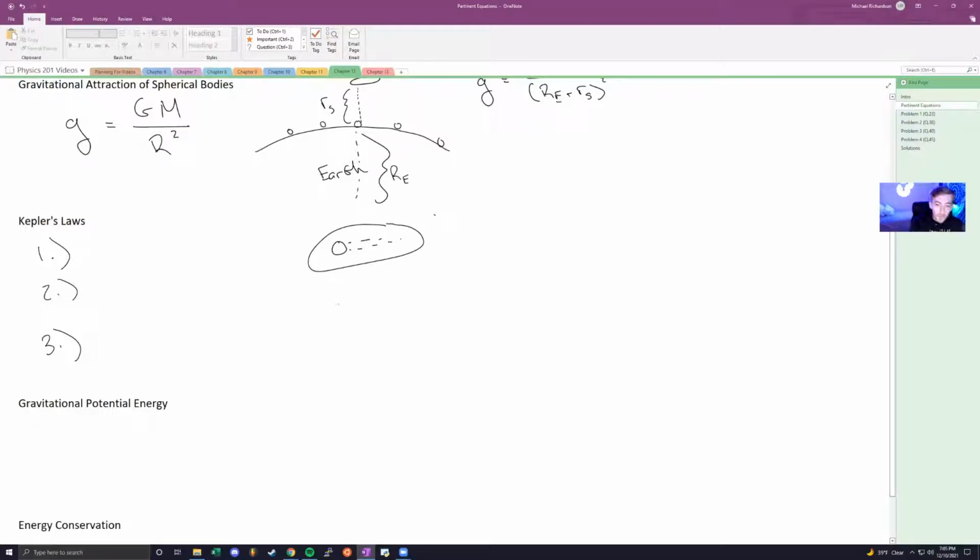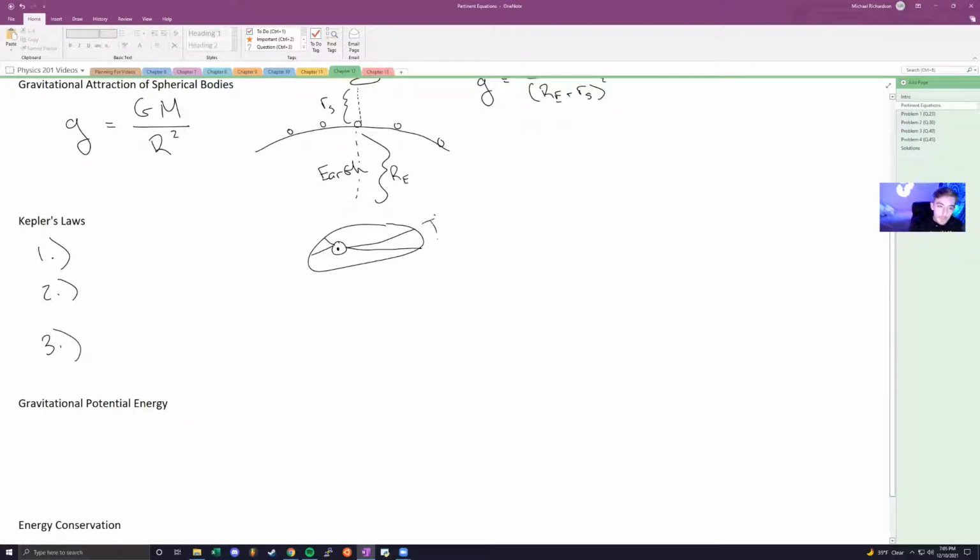But the second one ties almost directly into it. What it states is that planets sweep out equal areas in equal times. So while the first one described the path and location of the sun, this one describes the behavior along the path. What this says exactly is that if we consider two arcs, where their center points, or rather their vertices, are at the center of the sun,